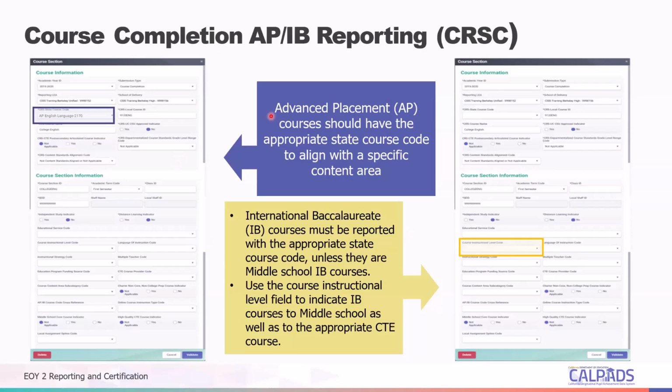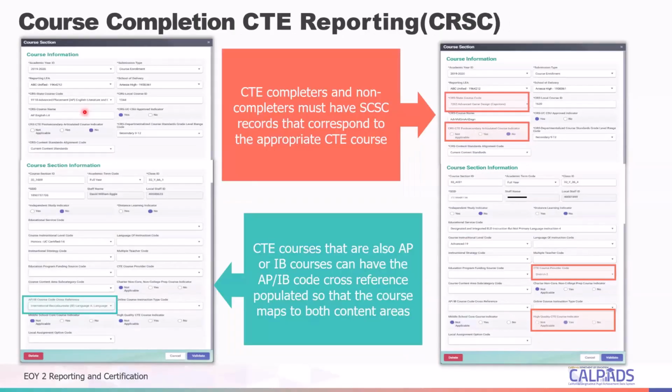So the key takeaway here is that AP courses and IB courses can be identified using a specific state course code appropriate for those courses. Now, with regards to AP IB courses that are also CTE courses, you have to identify the course by picking the appropriate state course code associated to that CTE course.